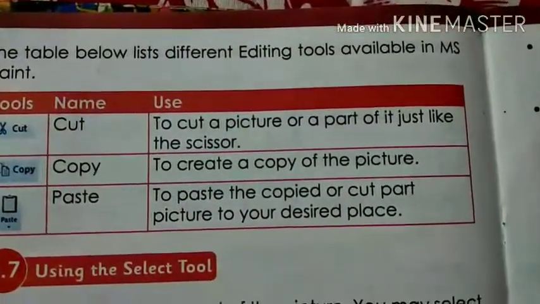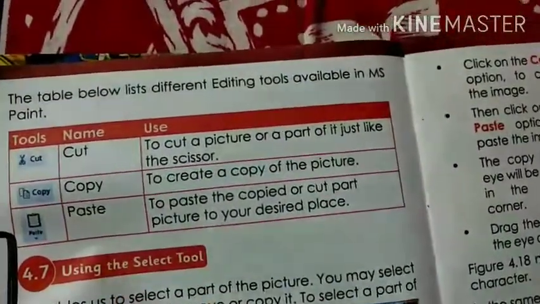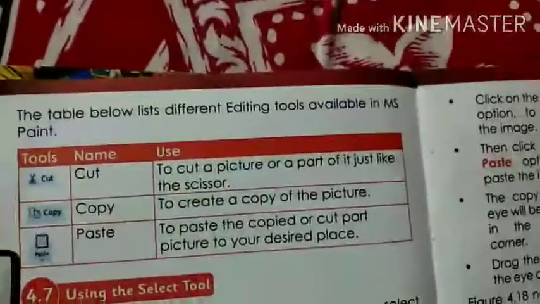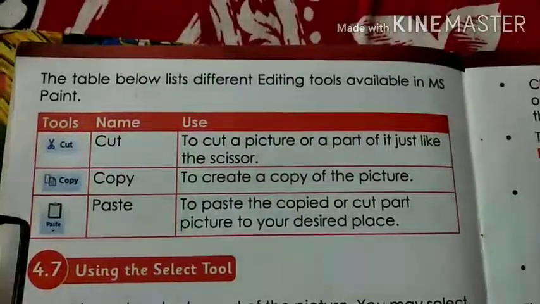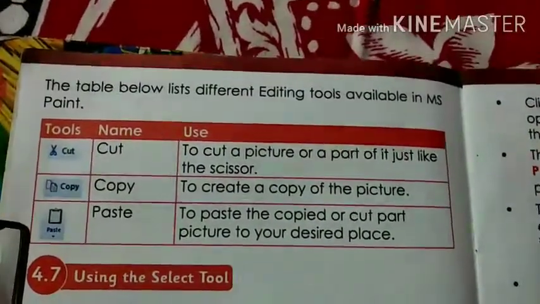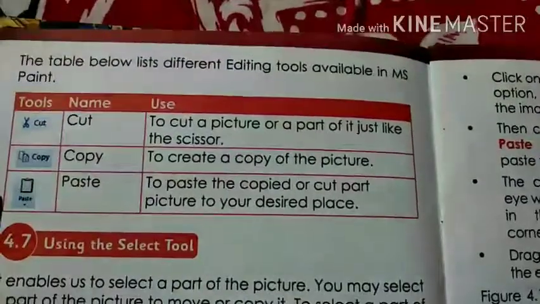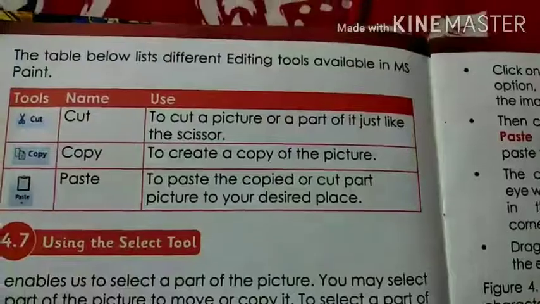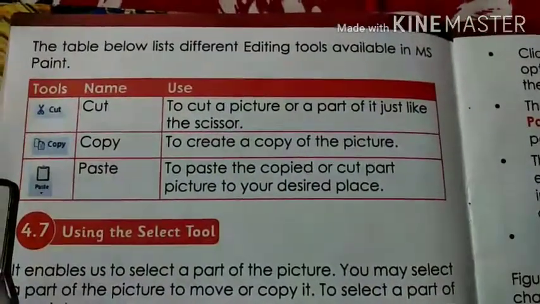So today we have learned about the color groups and the tools available for coloring, and next we have learned about editing in MS Paint. I hope you all have understood. If you have any kind of query or doubt, you can call me or message me. Revise all these 6 points. Read them 2 times. Thank you, students, and have a nice day.